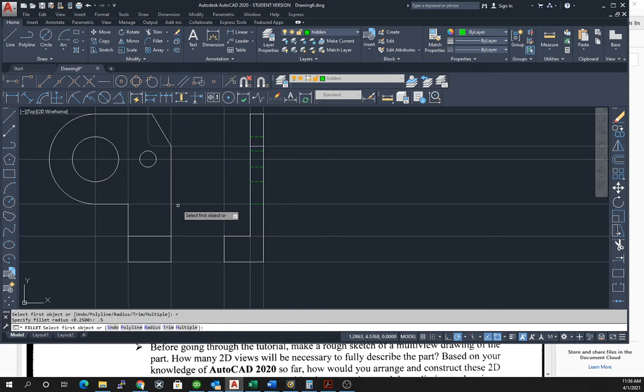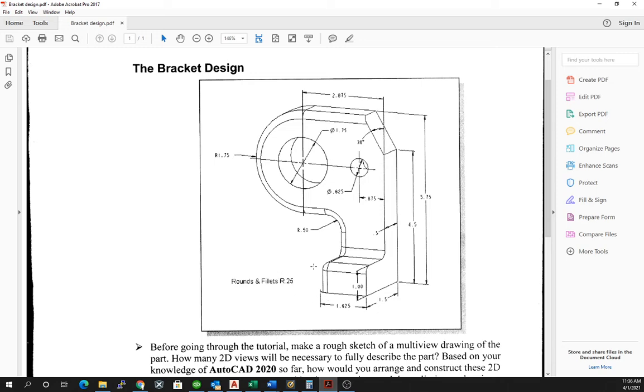I think I typed 5 space 0.5. Click here and click there, and that puts that in. Now additionally, we need these rounds of 0.25 to show the rounds around the complete part, and those actually will show up on our drawing